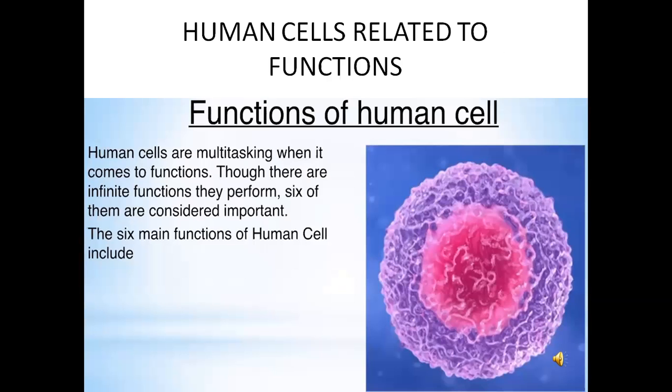Functions of human cell. Human cells are multitasking when it comes to functions. Though there are infinite functions they perform, six of them are considered important. The six main functions of human cell include: